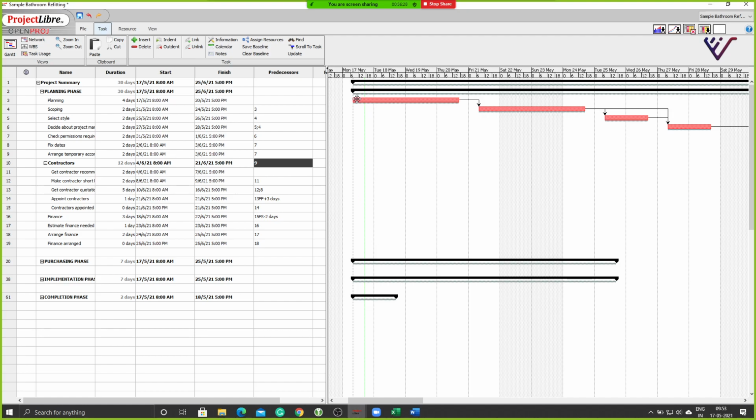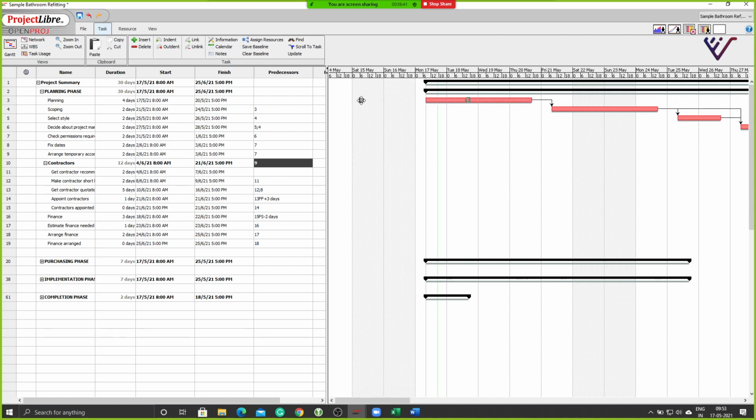Now, when I come closer to an activity and come to the beginning of the activity, you see I get this small arrow with a black percentage marker. This will help me create the current status of the project. When I pull this black percentage marker on the taskbar, it is telling me how much percentage of the project I have completed.